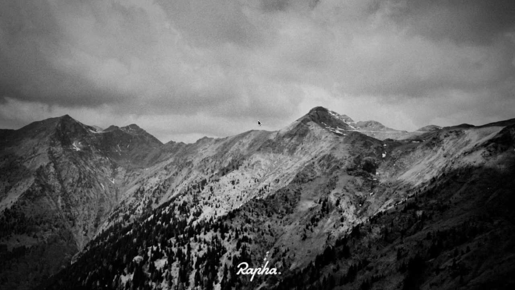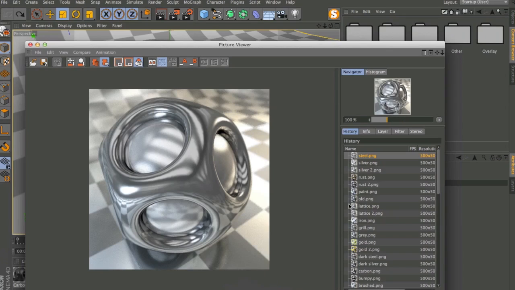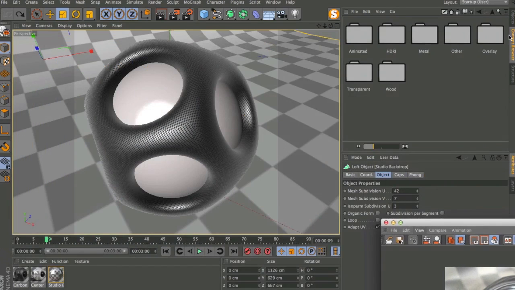There's 65 materials in here, 55 actual materials and 10 HDR images, and so you can light all your scenes with an image, which is fantastic. I made my own control rig for that, so you can control and customize all the HDR and global illumination controls from within one null object. And I'll show you the scene here.